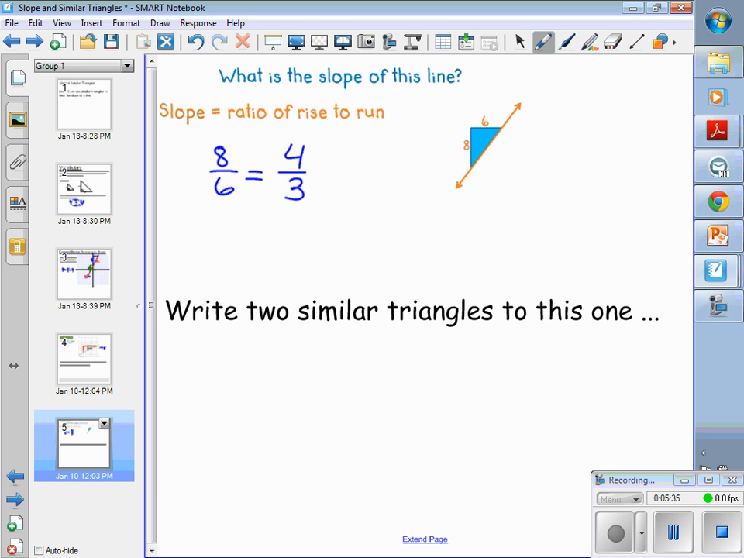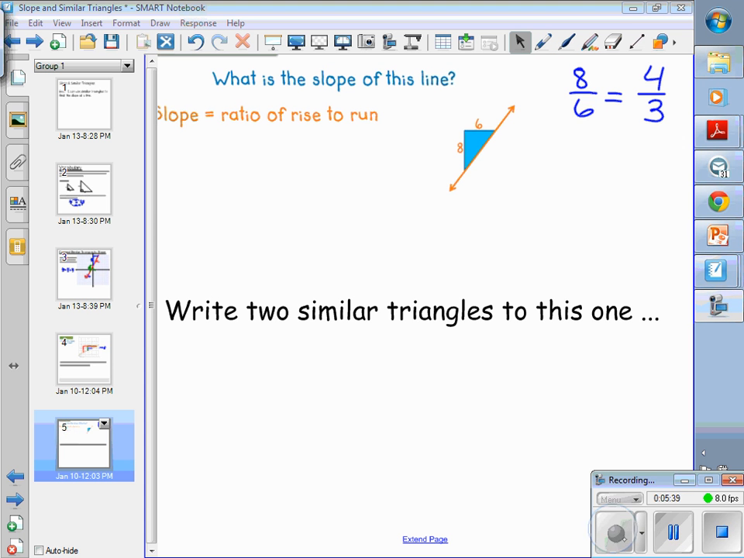So, write two similar triangles to this one. Okay, so now we have to do two similar triangles to this one. So, just use those ratios. I'm going to cheat, because I can, and I can copy this, because we know I don't ever draw well. And now, if it will let me,